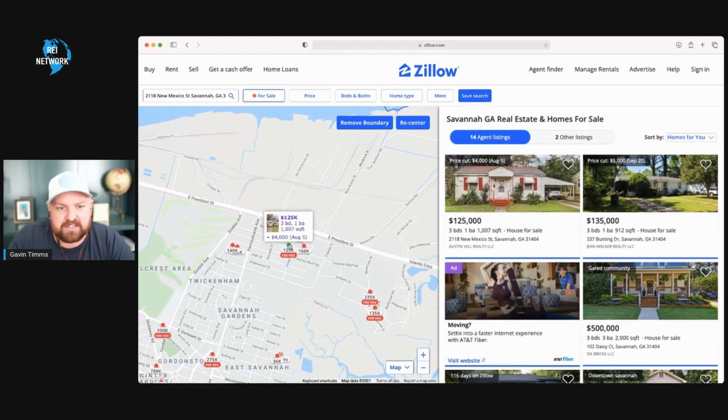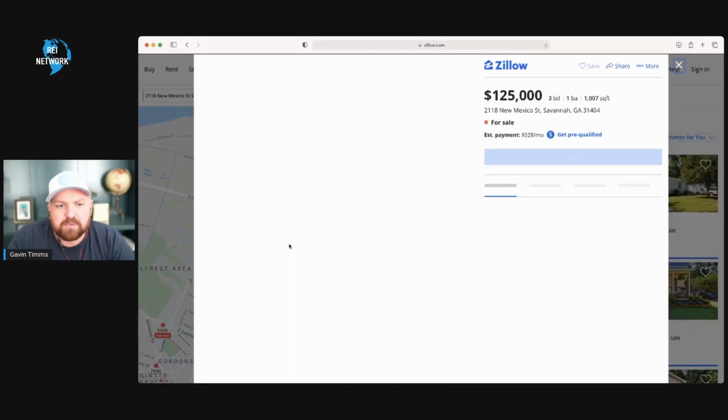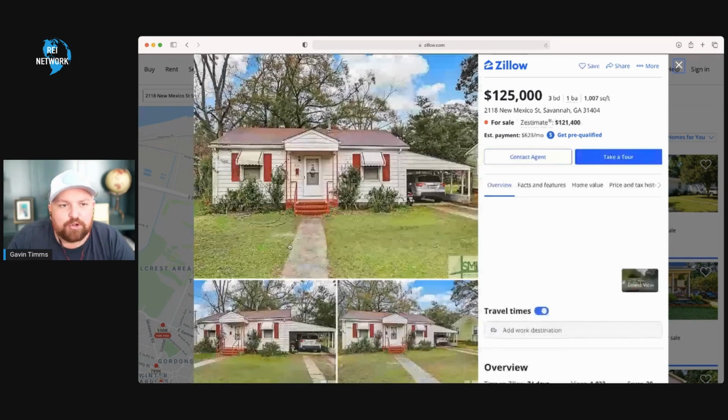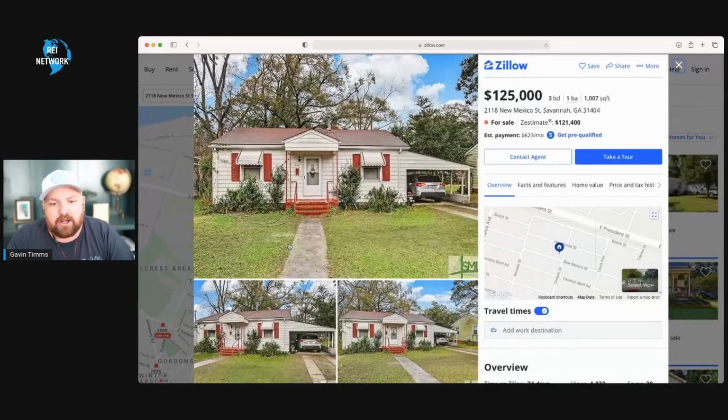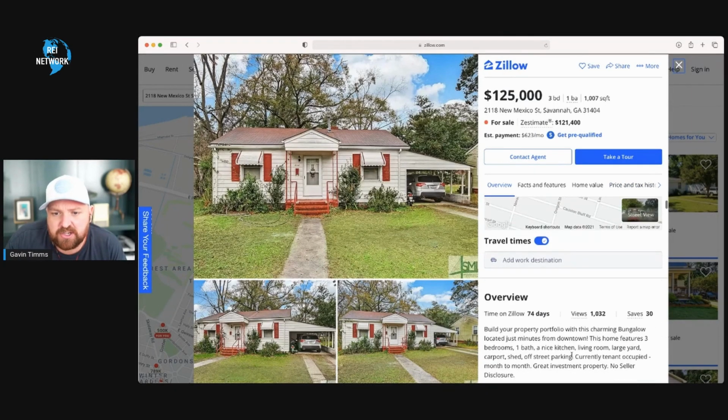This is the property that I'm asking $125,000. Now, imagine that this isn't, again, for sale. This is a property that you're going to comp as an investment. And the first things that I look at here are beds and baths, square footage. I also look at